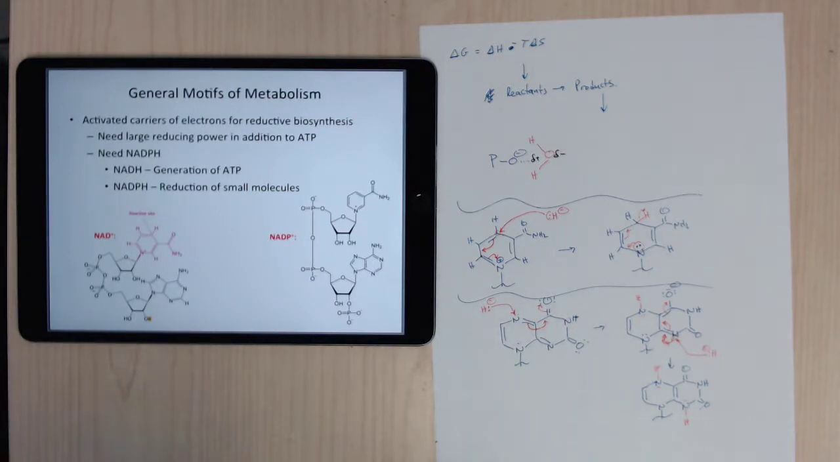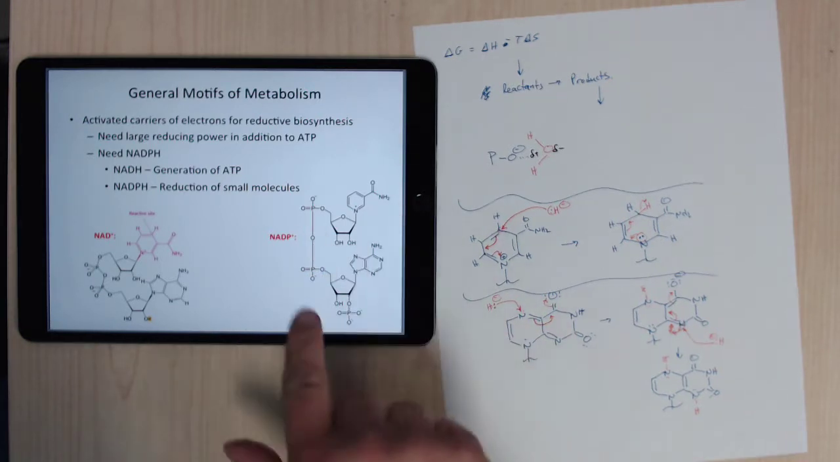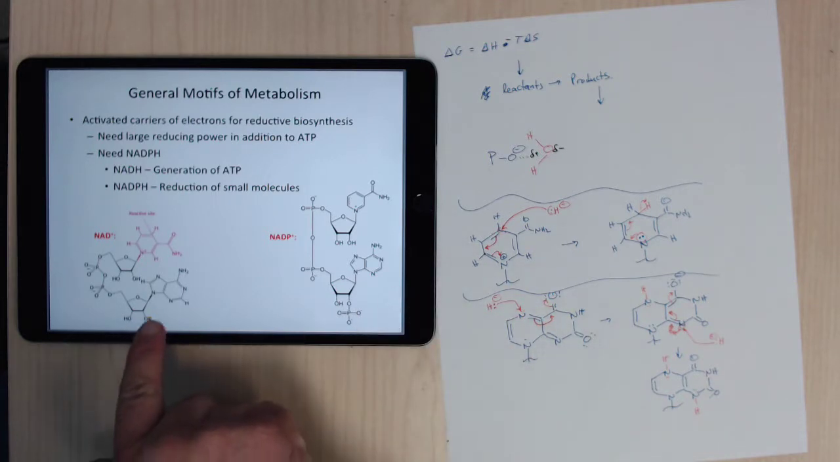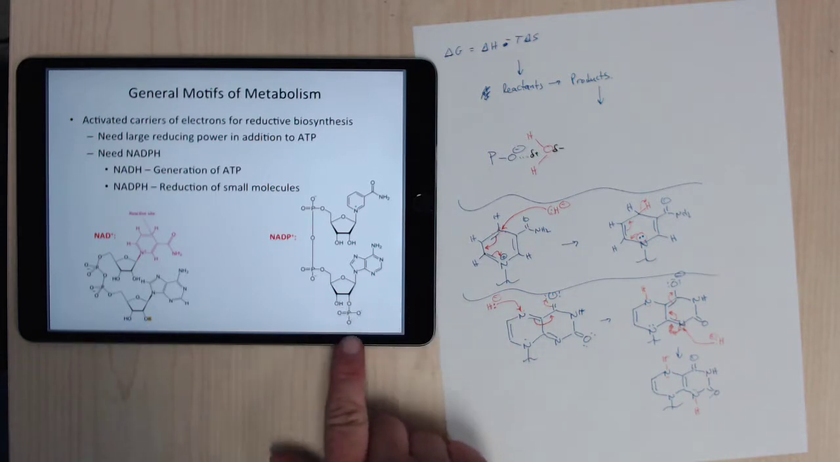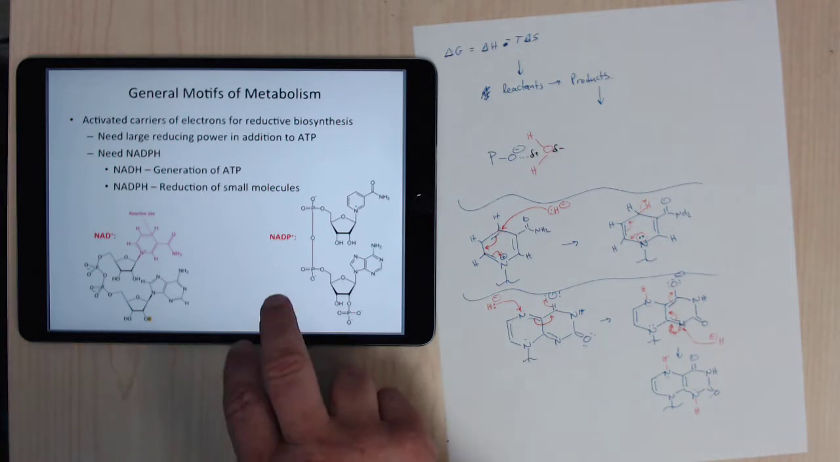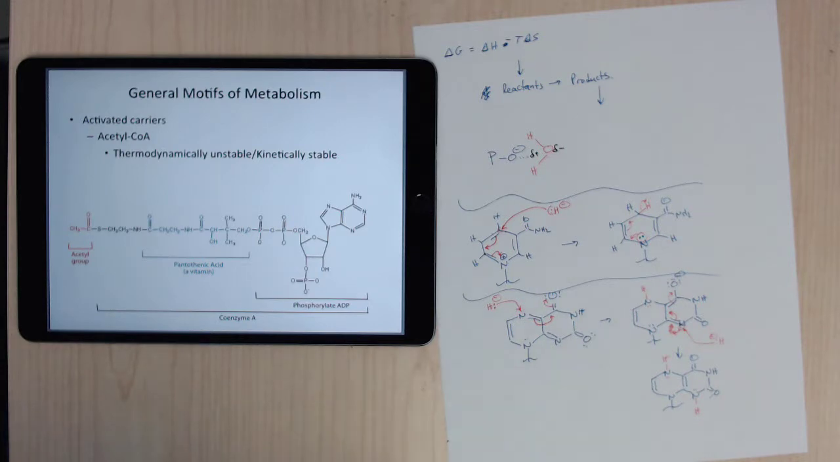So in general, for these things, if you use NAD or NADPH, NADH is typically used for the generation of ATP. NADPH is used, and the only difference is an extra phosphate down here, right there. NADPH is generally used if you involve small molecules. So NADH is used for ATP generation. Okay, so the general motifs from these things,